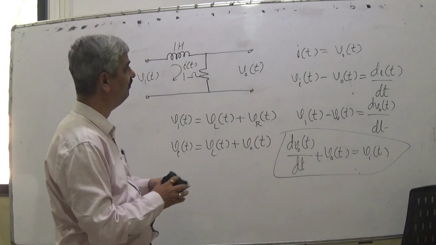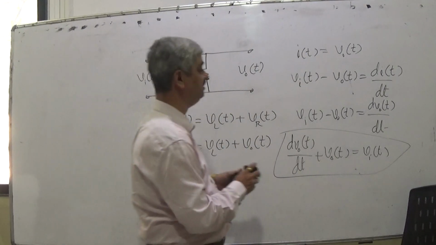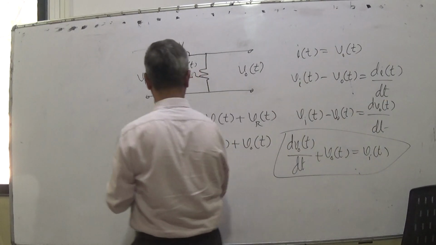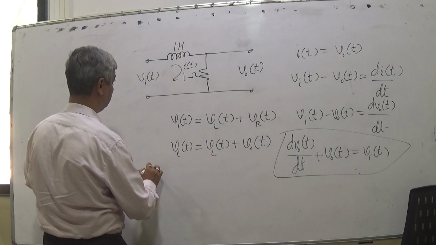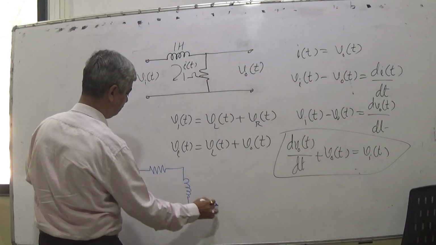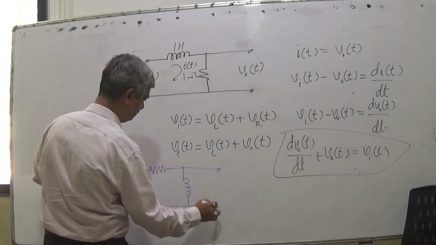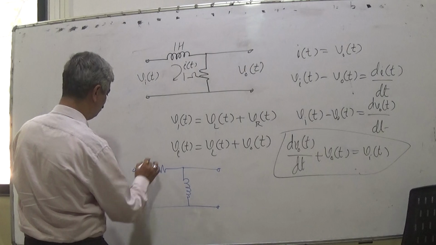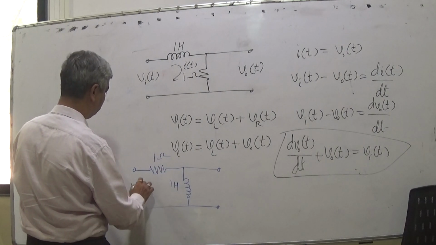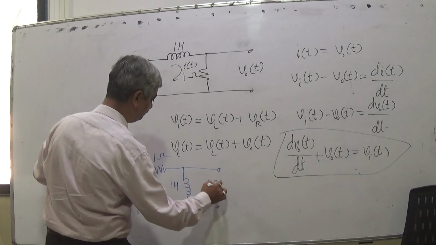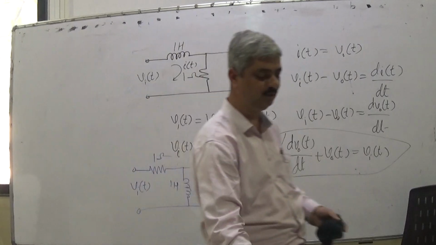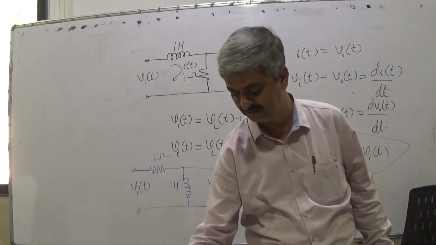Now we are just coming to the end of the session. I will give you homework. Simple, small change. Again, values 1 ohm, 1 Henry, vin(t) and vo(t). So you try to construct the differential equation for the same.